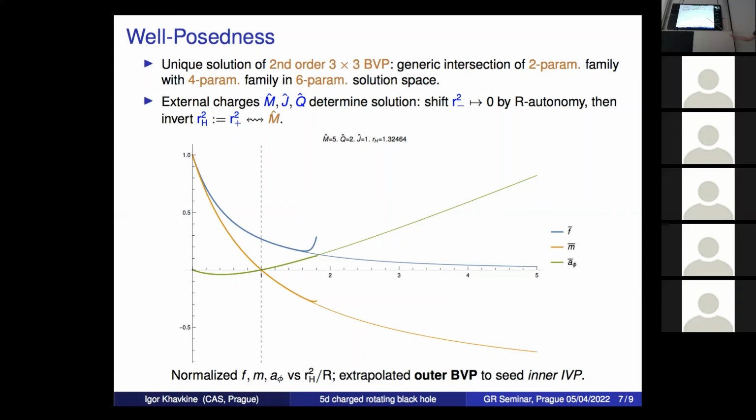R minus is sent to the point at infinity here, so that would be the internal horizon. And if you wanted to go to the point where there's the curvature singularity, you have to go to negative values of the inverse radial variable. Okay, so